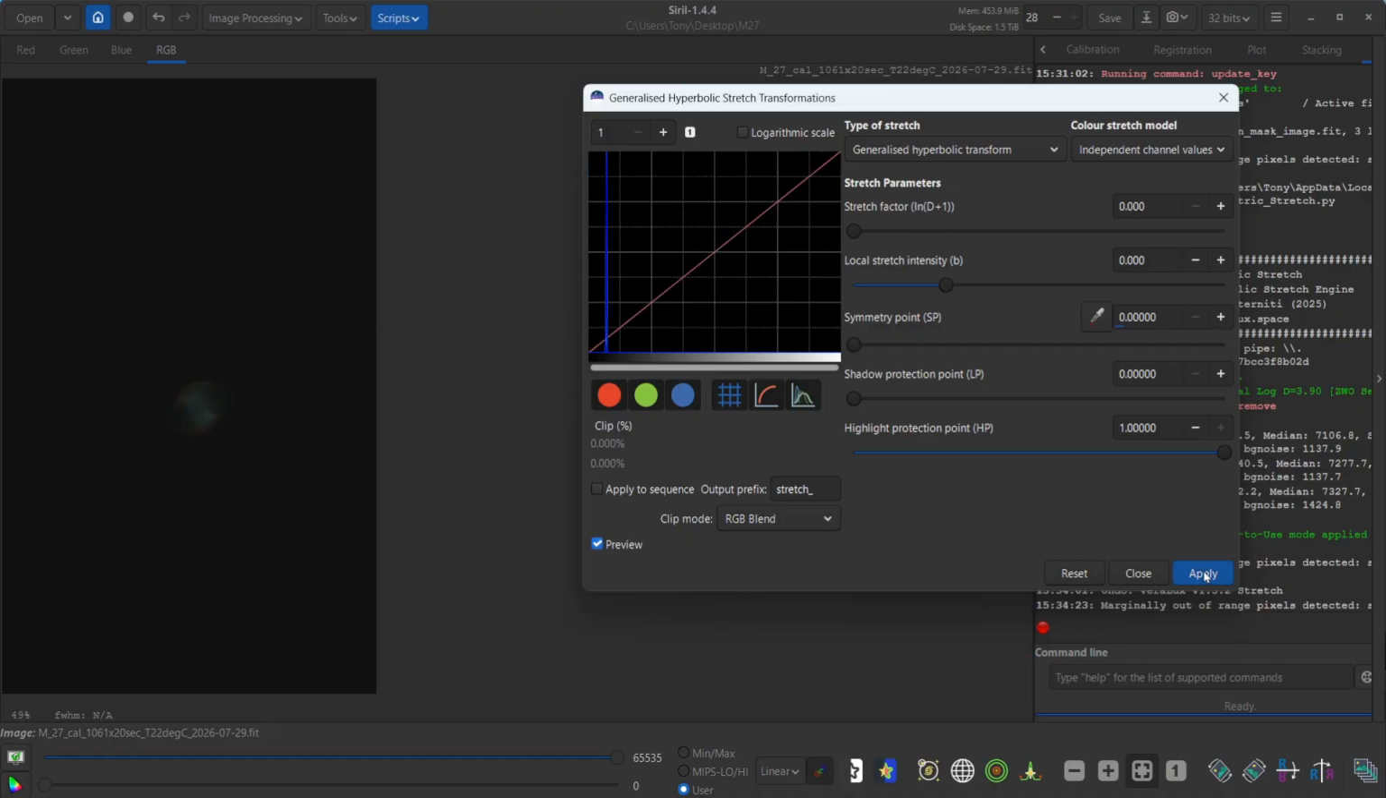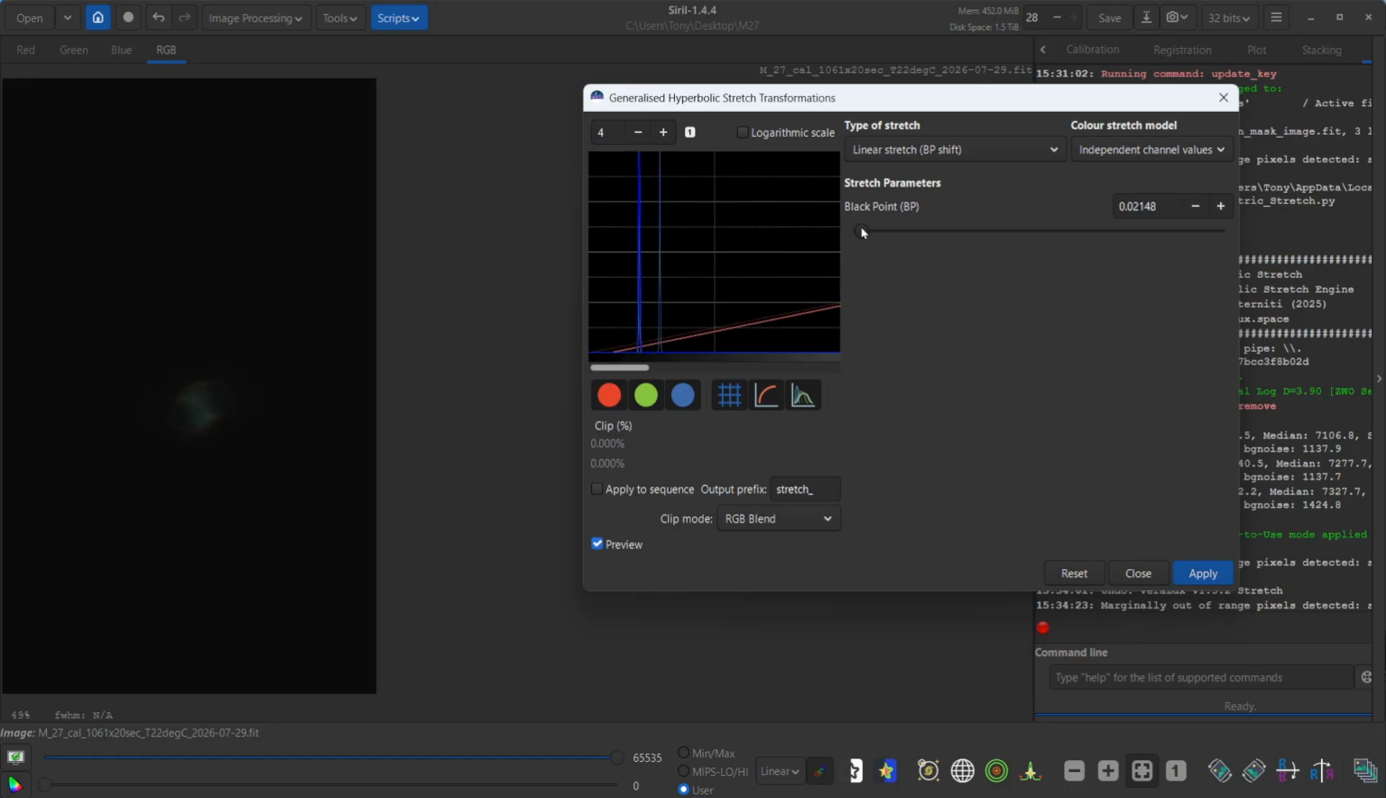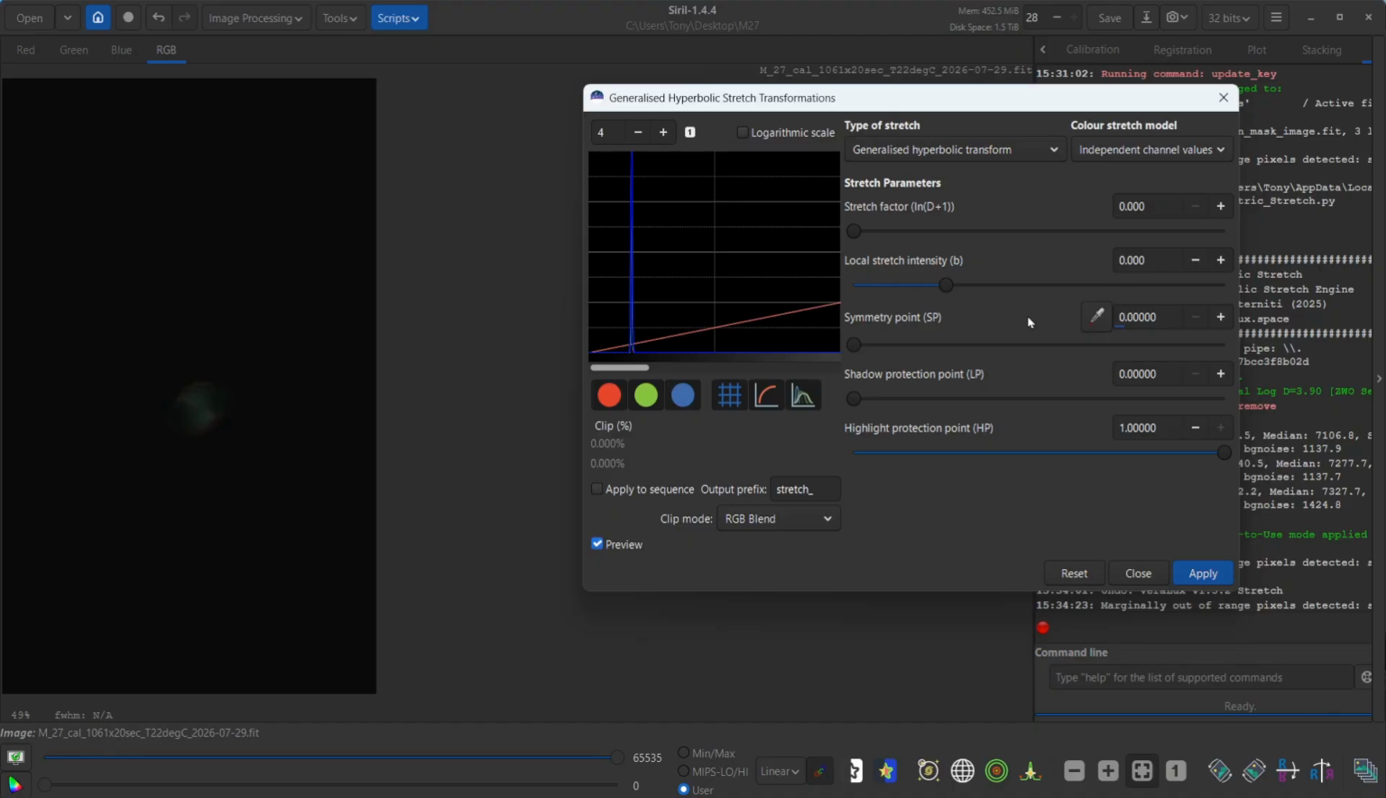So click apply, and then go over to where it says type of stretch, go down to linear stretch, click that, and I'm going to zoom in here a little bit using this plus button, and I'm going to drag the black point just to the start of the peak, not too much. Click apply, and then I'm going to iterate back to this generalized hyperbolic transformation, and now I'm going to do